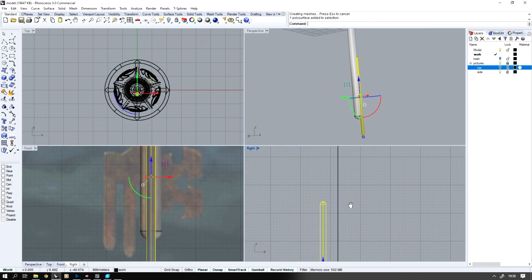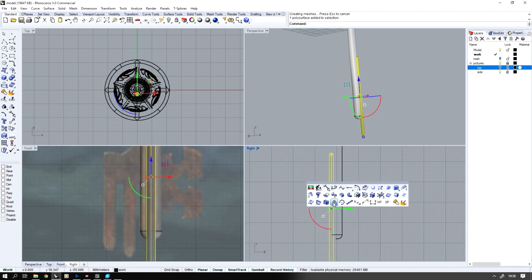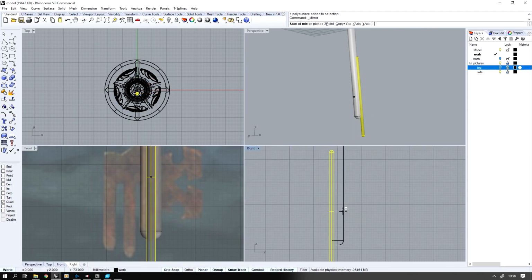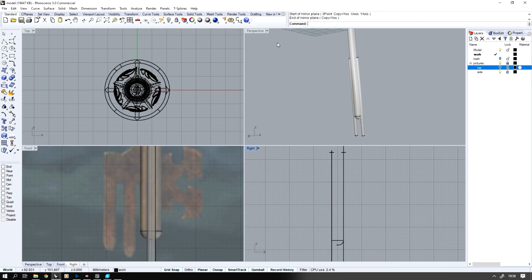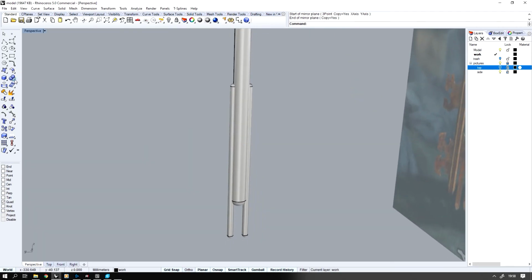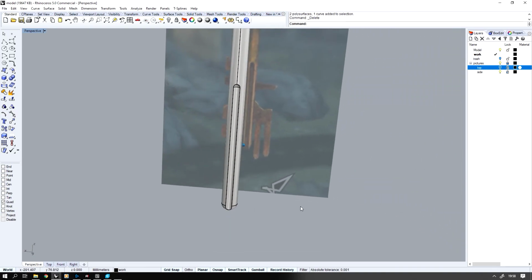Okay, now let's mirror this to the second side and use the boolean option. Okay,